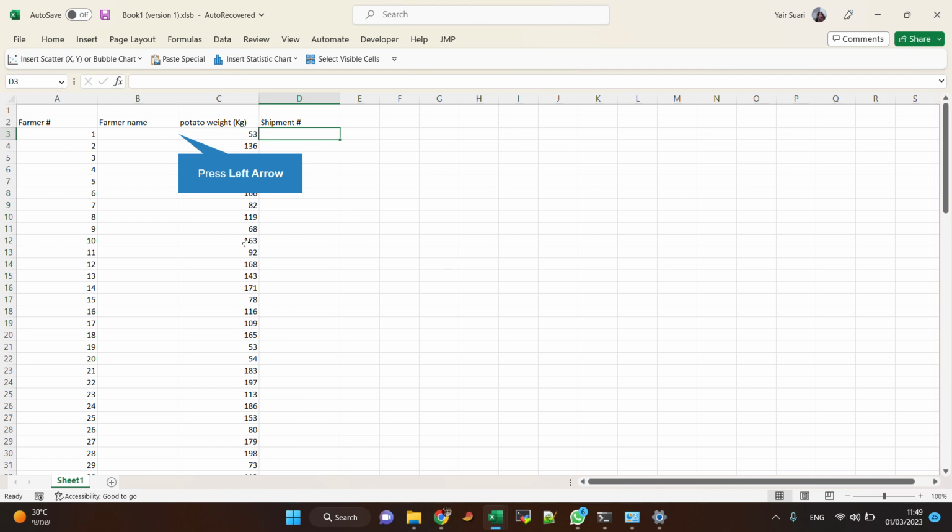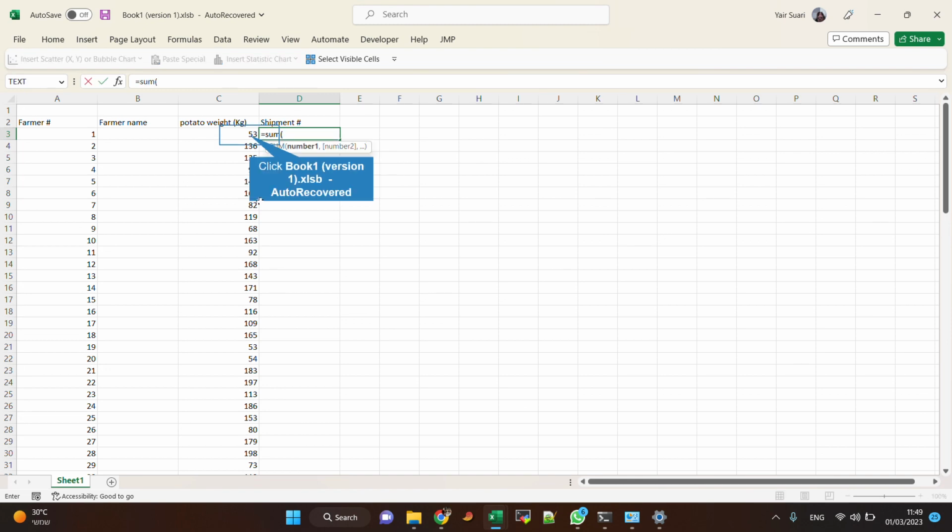So every time 2,000 kilos are reached, he wants to ship the truck, and he wants to keep track of the trucks here in this Excel spreadsheet. So the idea is I can use the sum function, for instance, and this line is only for one car, but if I use it this way,